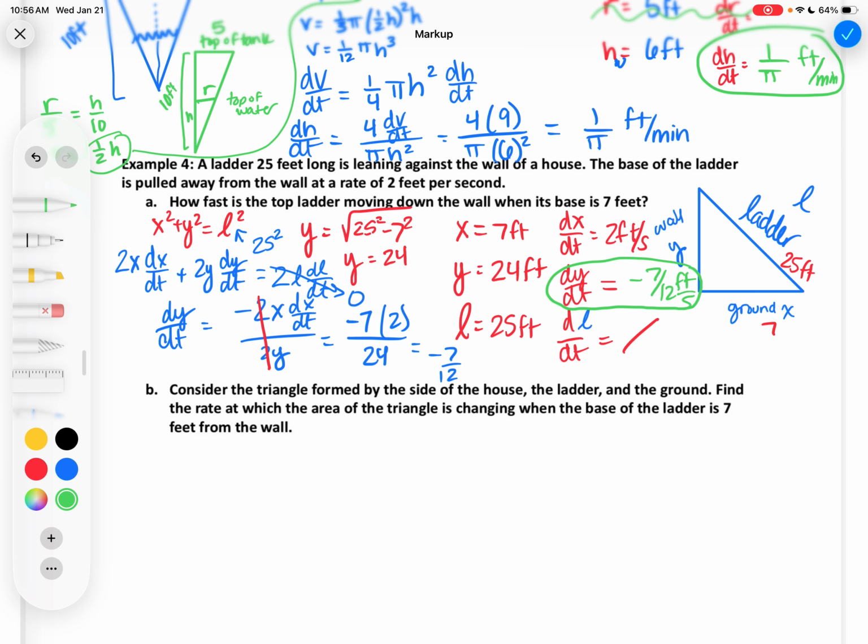So then consider the triangle formed by the side of the house, the ladder, and the ground. Find the rate at which the area of the triangle is changing when the base of the ladder is 7 feet from the wall. So essentially, the hard part about these problems when it is a continuation like this is